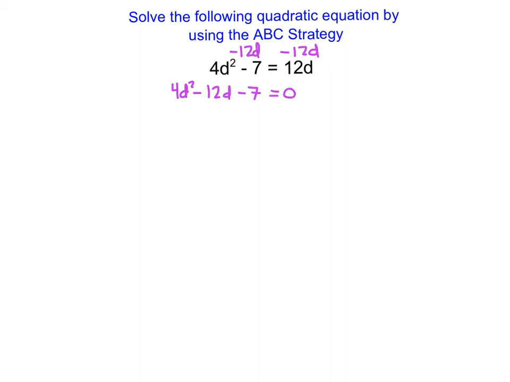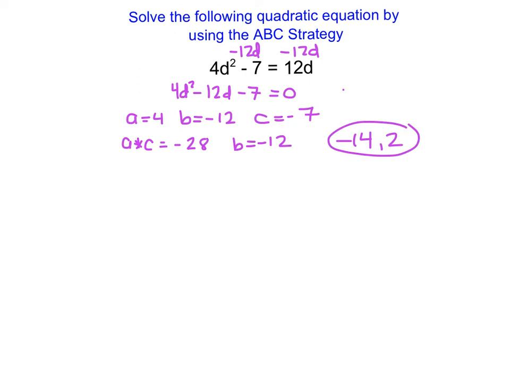Then from here, I identify a, b, and c. So I notice that a is equal to 4, b is equal to -12, and c is equal to -7. I then multiply a times c. So 4 times -7 is -28, and b is equal to -12. So I'm looking for two numbers that when multiplied give me -28, but they add to -12. So if I think through the various factors of -28, I eventually determine that -14 times 2 gives me -28,